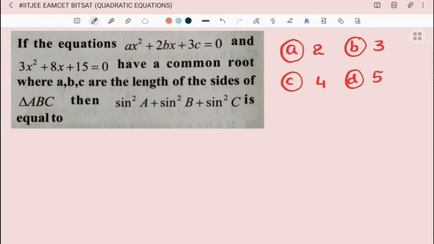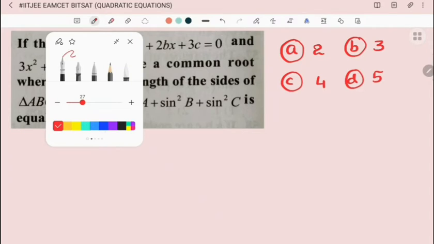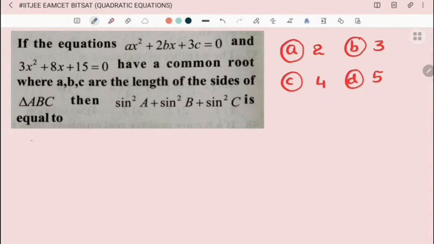The next question. If the equations ax square plus 2bx plus 3c equal to 0 and 3x square plus 8x plus 15 equal to 0 have a common root, where a, b, c are the lengths of the sides of the triangle ABC, then a sin square A plus sin square B plus sin square C is equal to. So they are asking. Here, whenever there is a common root, like the previous problem, we will proceed, dear students. Alpha is a common root